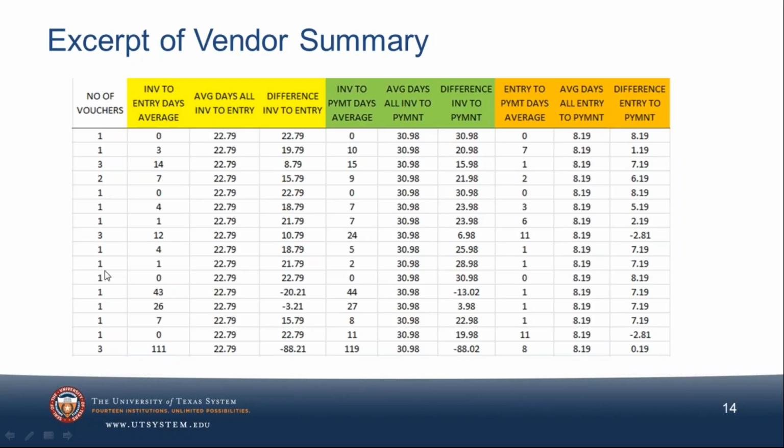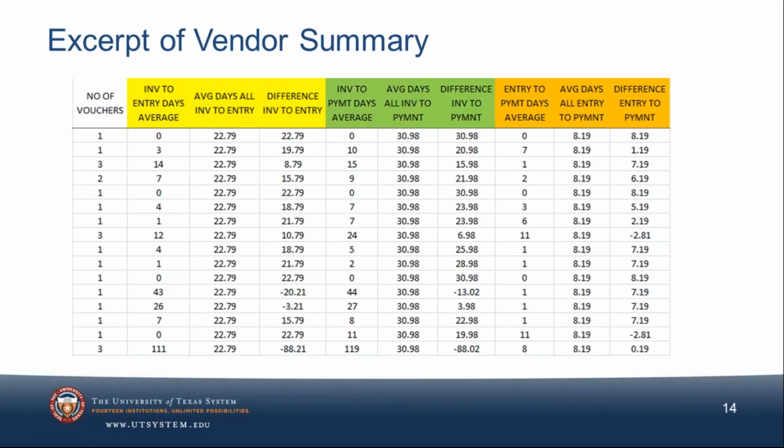But what if this number of vouchers was a very large number, something in the hundreds, obviously a lot more than everybody else, and they had 0 days to payment? Maybe it's a vendor that we're keeping happy. Not sure what the situation may be, but the fact that it is so different and so short compared to what the usual turnaround time is might get me to look at that just to understand what's going on.